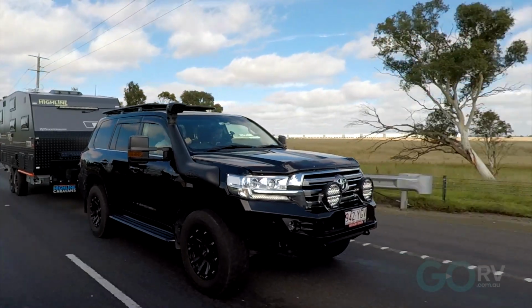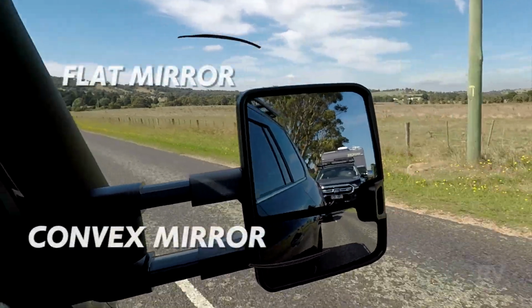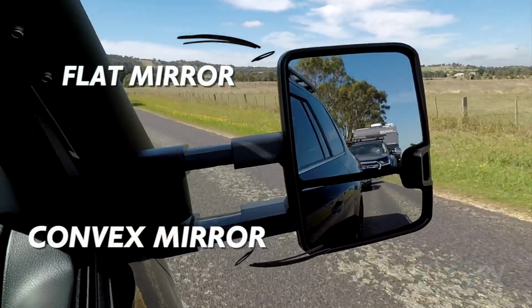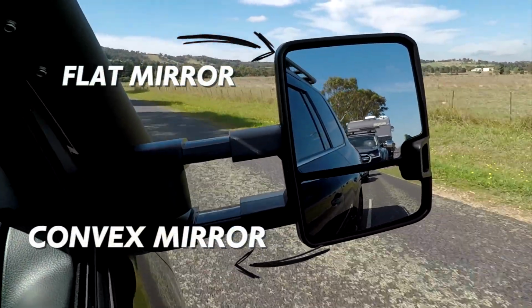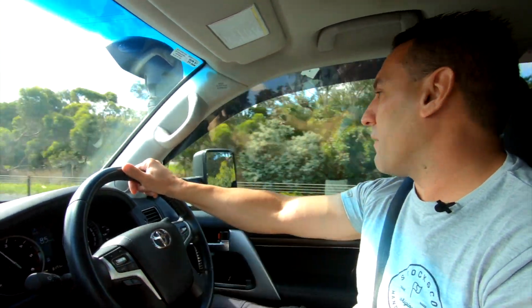That's probably got to do with the fact that they are 200mm wide of viewing. That's roughly about 25mm greater than any competitor on the market. The top and the bottom are actually different mirrors. The bottoms are convex, allowing us to see more of the road without having to actually search for it by leaning over, making it much more comfortable just to sit back and just have a good vision over